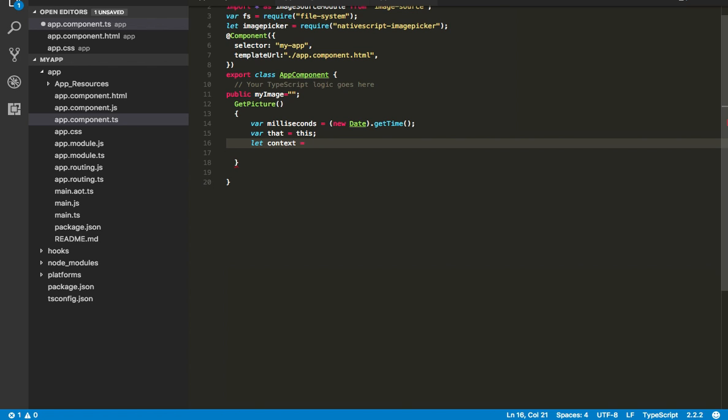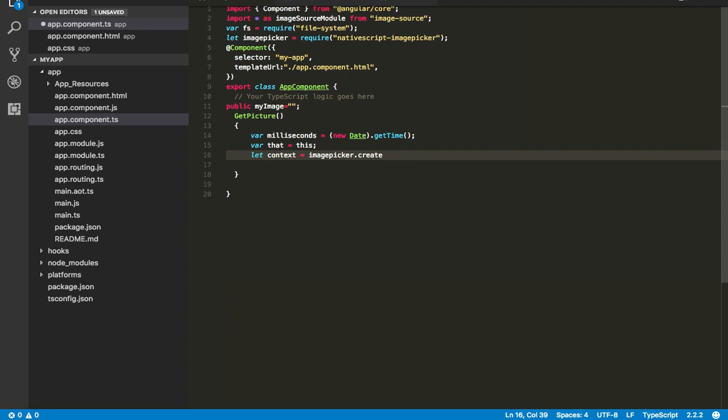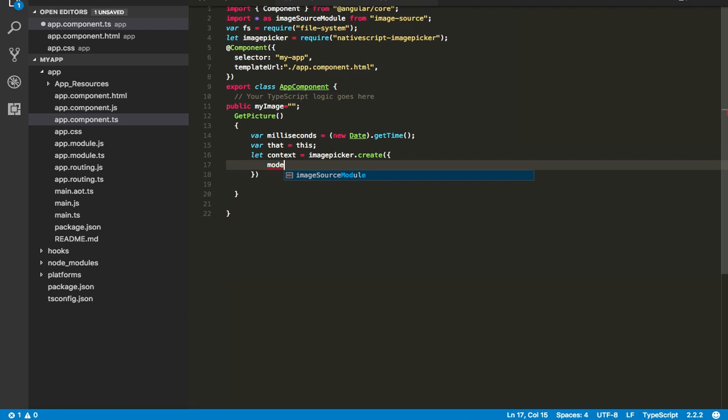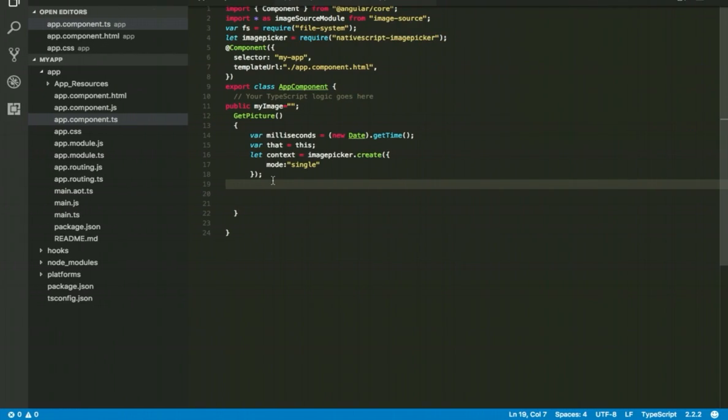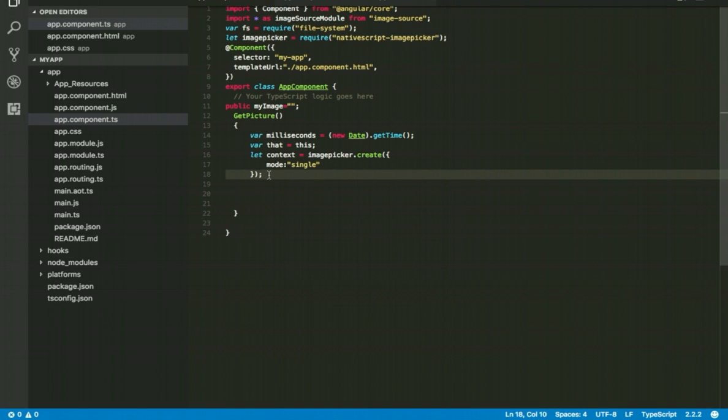Let context is equal to imagePicker.create. Here mode I will say as single. So this mode would be single select or multi select. Let's save it. So as we have selected our mode of image picking as single, let's quickly type the code